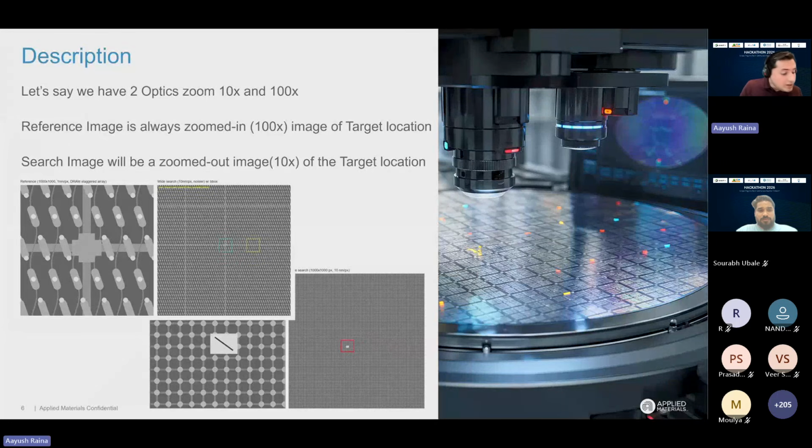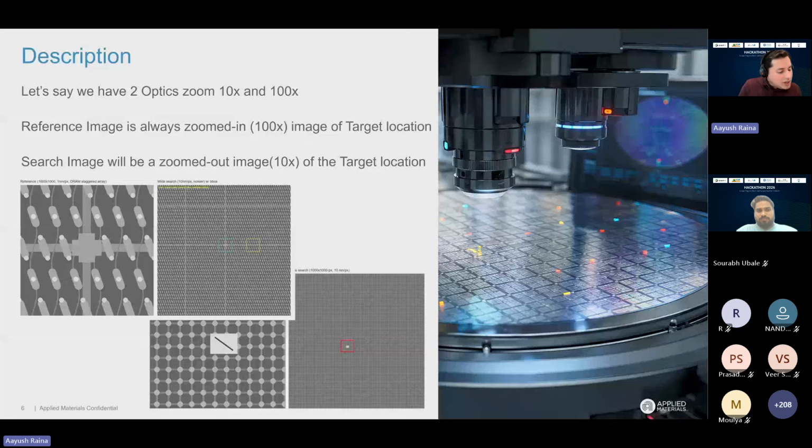Tony asked a very relevant question. Won't the wafer have the same patterns? No, every chip is different. Let's say a memory chip would be different, a logic, a CPU chip would be different. Then architectures change. Every company, let's say Samsung, Intel, MediaTek, Nvidia, would like to create their own design. So the chips will also be different.